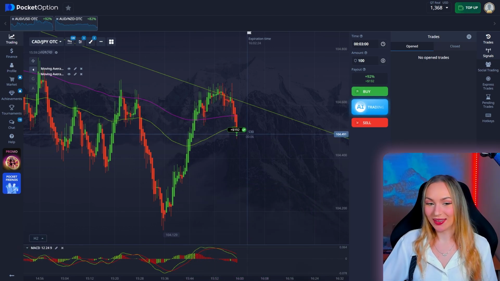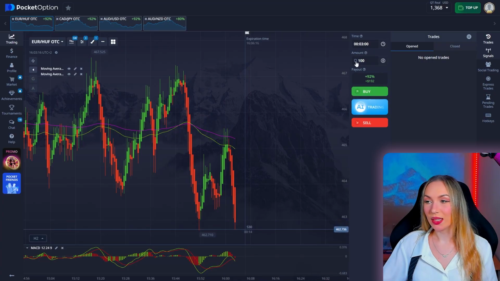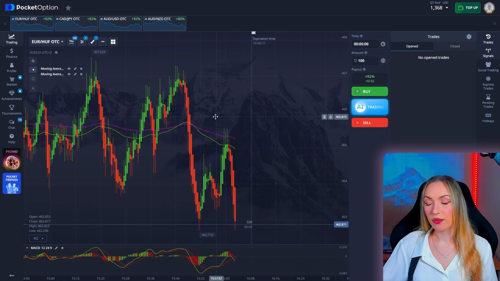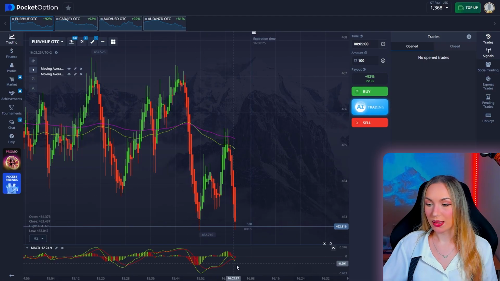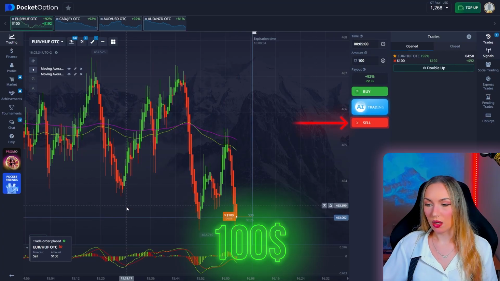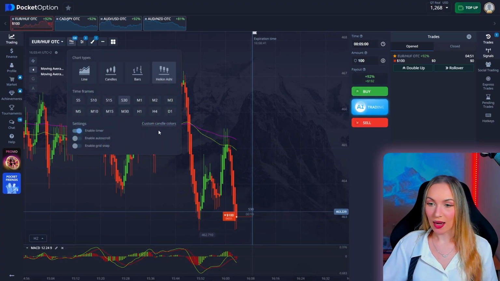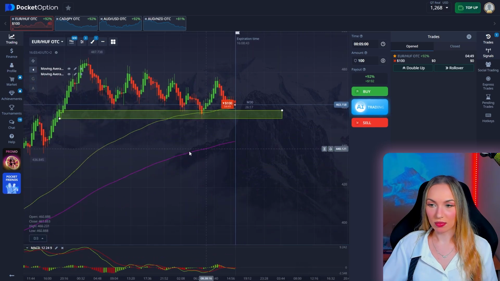That was the easy one. EUR/CHF is also forming a signal to open the trade in the downward direction. I would love to open the trade here for 5 minutes. And at first sight, this signal might actually seem bad because MACD lines are crossed in the oversold zone. Usually I open trades only when MACD crosses in the overbought zone, but again, I checked the chart on